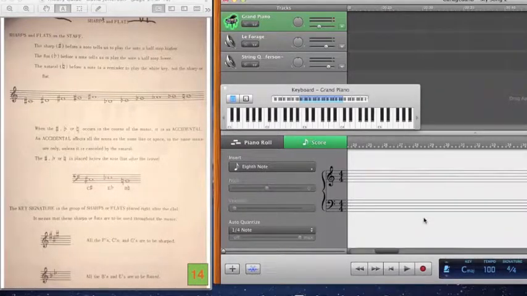Chapter 1.11, Flats. This is the last unit in Section 1, and we'll take a quick review of flats as well as sharps on the staff. As you recall, the sharp before a note tells us to play the note a half